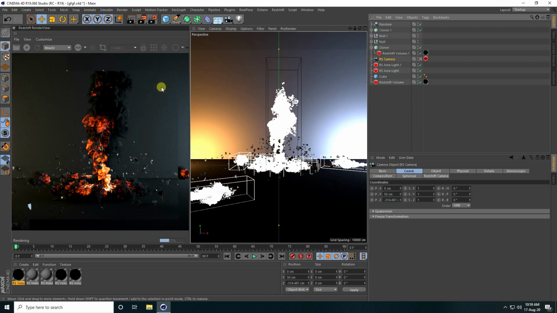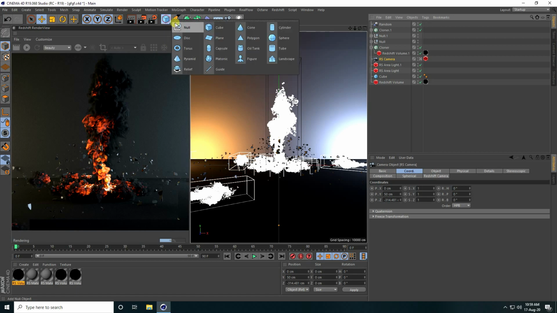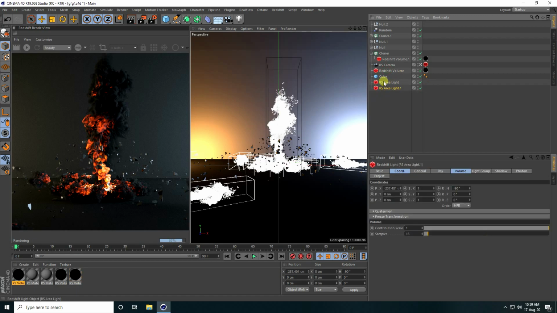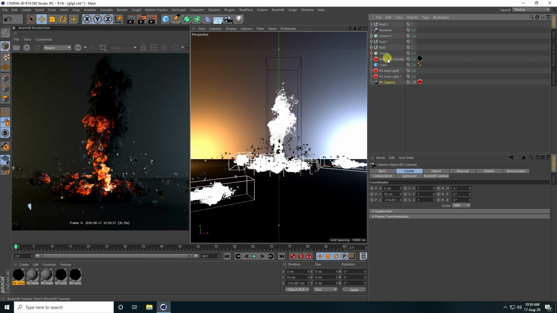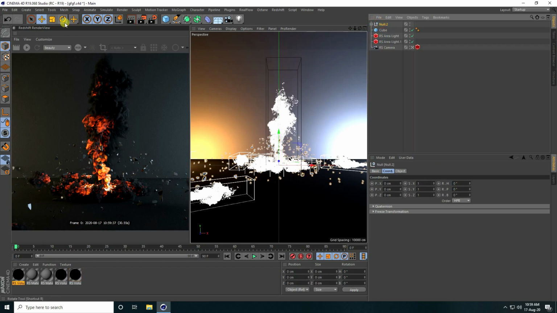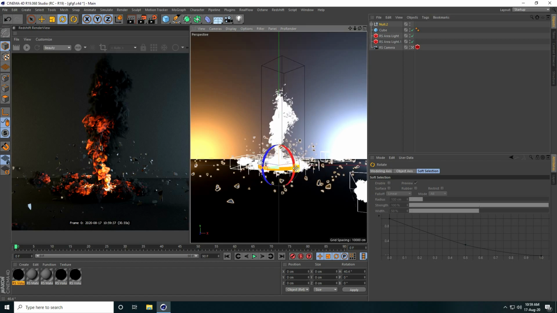Now I create the rotation animation. So I take a null object and select this, guys, uncheck, go to last, that's my light, and camera uncheck. Yes, guys, select all, project, and make child with null. Yes, guys, select this null, and that's my rotation.